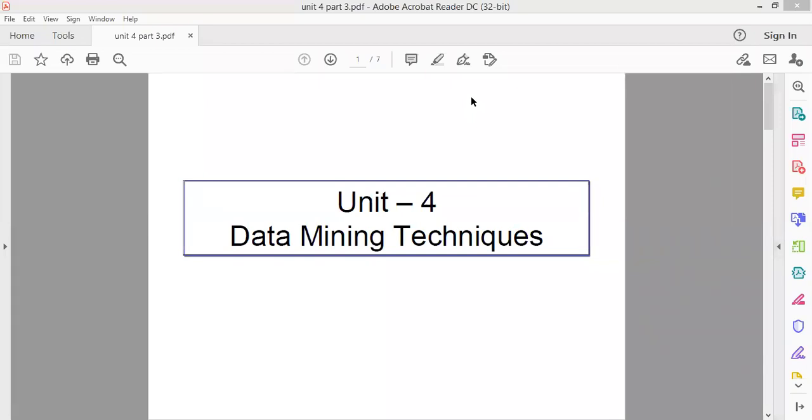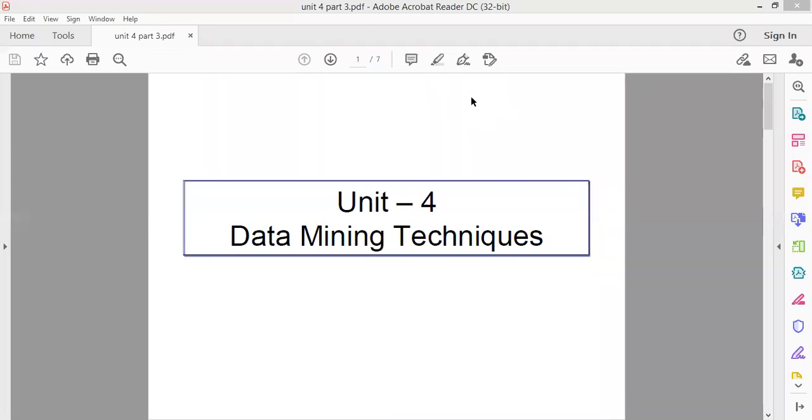So in today's turn, we will discuss a few more data mining techniques. In unit 4, we are discussing different data mining techniques, and the latter chapter is also an explanation, or extension, of these techniques. Up till now, we have covered some data mining techniques: query tool, visualization, likelihood and distance. And in yesterday's turn, we completed the OLAP tool.